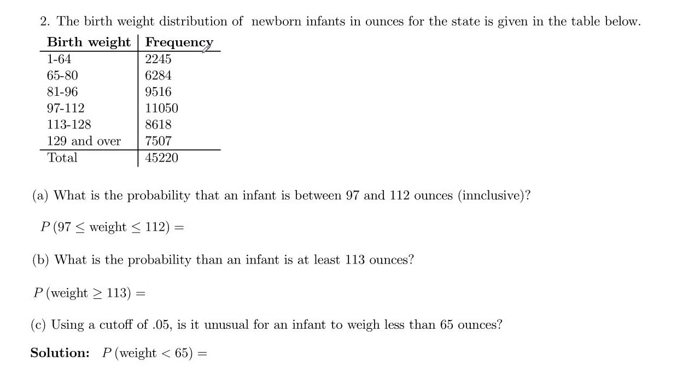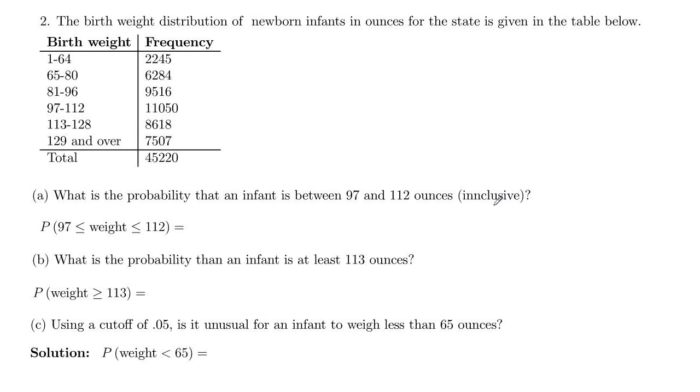For problem number 2, we are looking at birth weight distribution of newborn infants in ounces. We have the birth weight in ounces versus the frequency. So 1 to 64, 65 to 80, 81 to 96, etc. We are rounding to a whole number of ounces here. There is a total of 45,220 infants. So we want to know, what is the probability that an infant is between 79 and